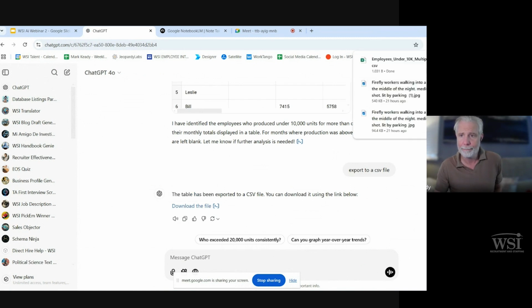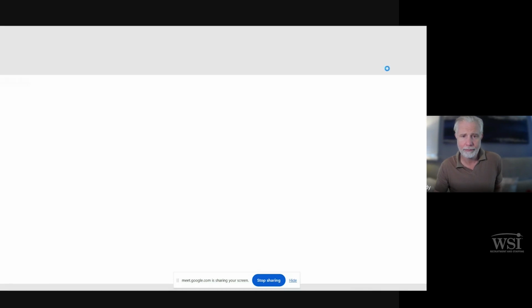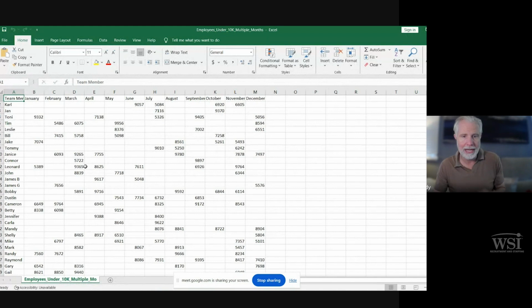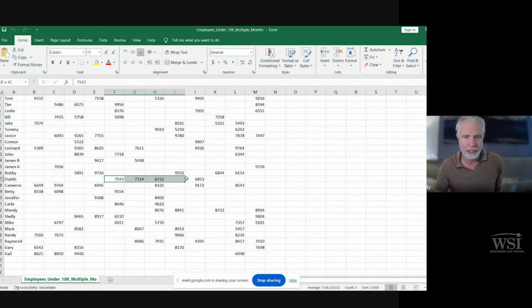So we can share this right here. Here it comes. So here's our data. And we can now start to see the months where we had somebody who had a really good run. Jake hitting his numbers really well right through there. Maybe we see somebody who has struggled, where we see that maybe Dustin has only hit his numbers 1 out of the last 5 months.